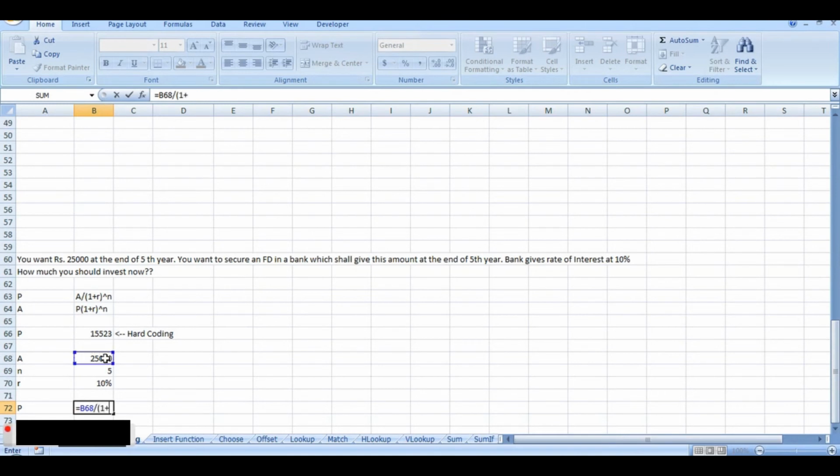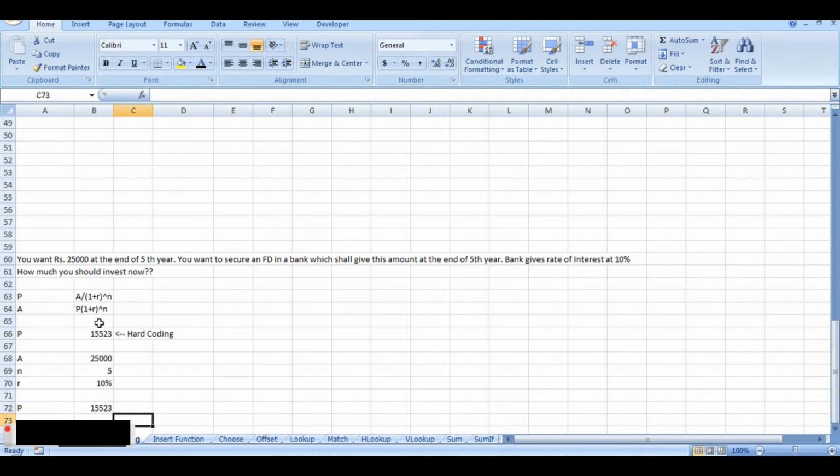Then 1 plus R. Now R is given in B70. So I again move my mouse to the B70 cell, click on that, bracket complete, again a mathematical function, press power, and then N is given in B69, go there, check it, and you get the same answer.